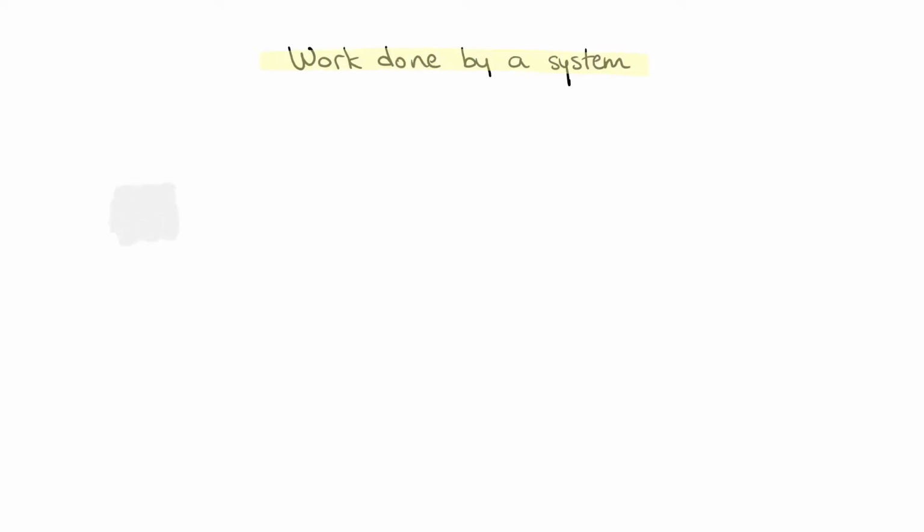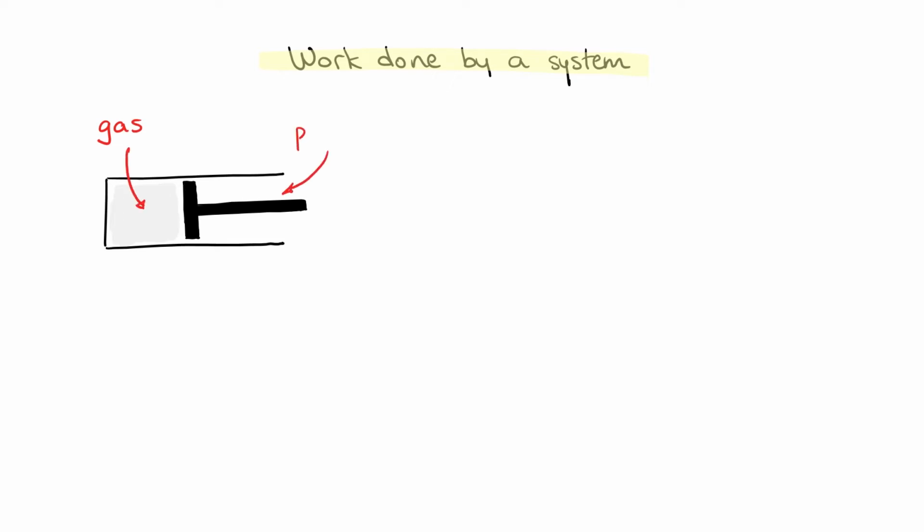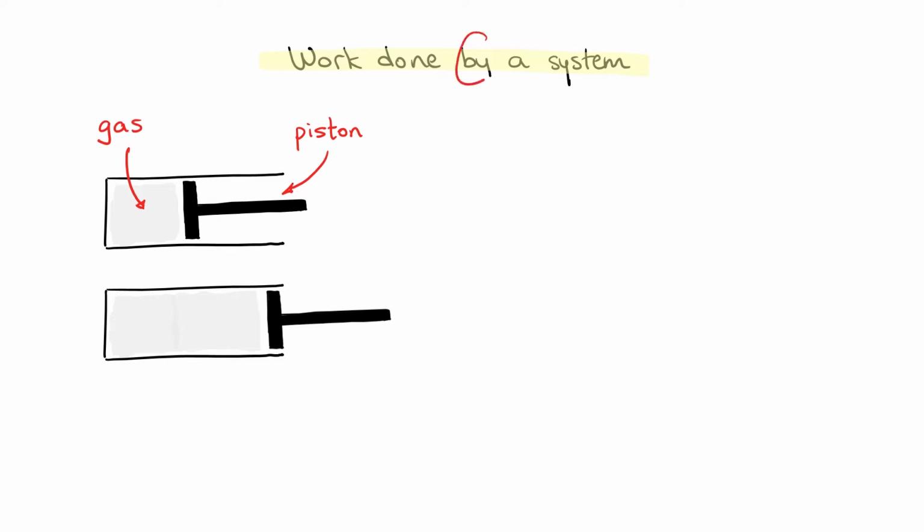Let's look at an example where we trap a volume of gas in a cylinder, like a piston or a sealed syringe. If the gas expands to push the wall of the container, the gas does work. So this is a situation where work is done by the system. When work is done by the gas, the volume of the container increases such that the piston is moved by a certain distance. It seems like we can apply the work done equation here, as there must be a force